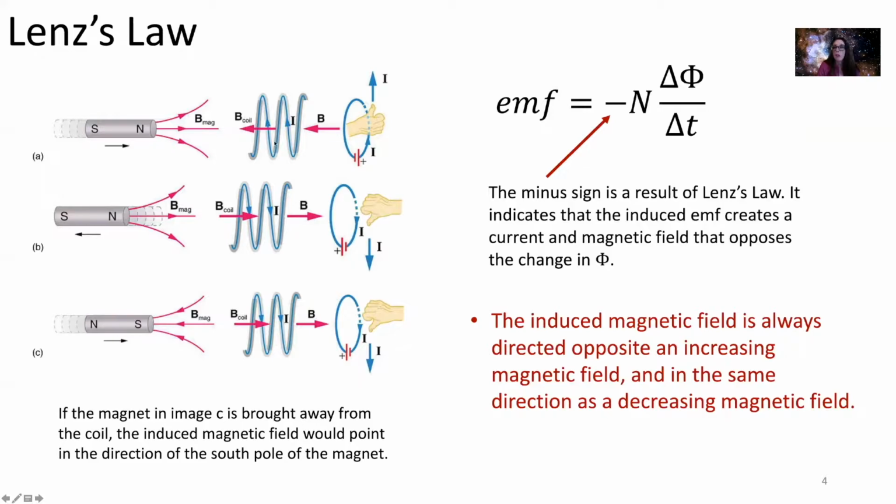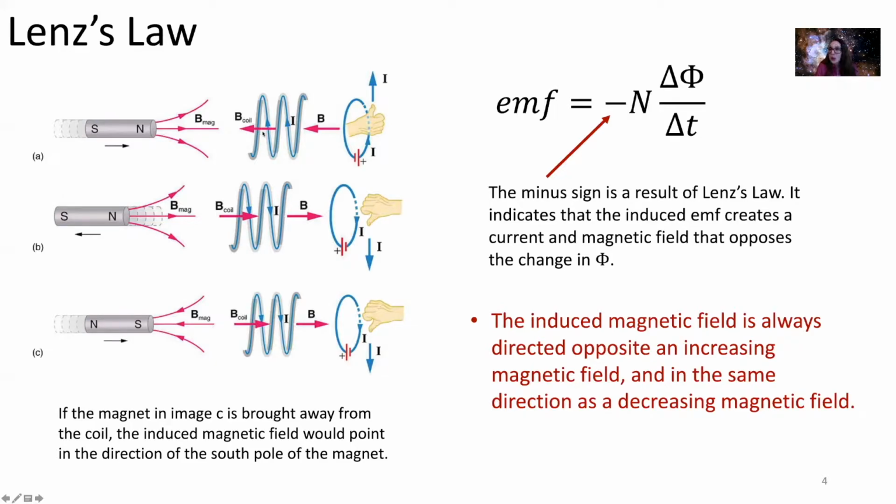Here I have a coil of wire, and I've got my bar magnet moving toward that coil of wire. Okay, the magnetic field from the bar magnet always leaves from the North Pole, so the magnetic field from the bar magnet is pointing to the right in this case. And as I bring that bar magnet toward my coil, I'm increasing the magnetic flux. So the magnetic field that I induce in the coil will want to oppose that increase in magnetic flux, and